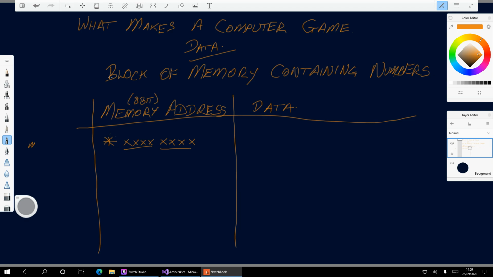The data will go, so let's see, that would be 1, 2, 3, 4. I've done that wrong now. Oh god, that's hard to do.